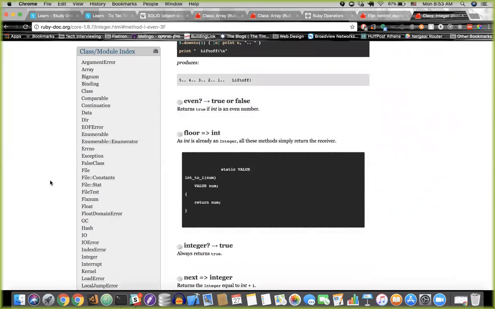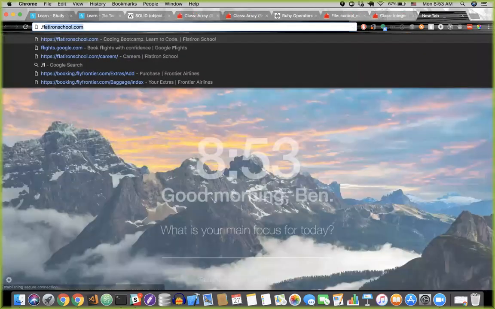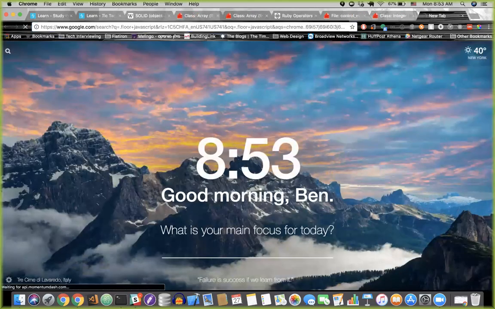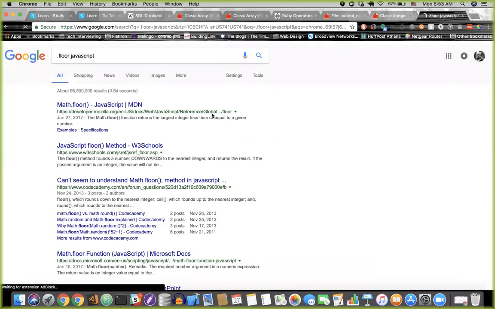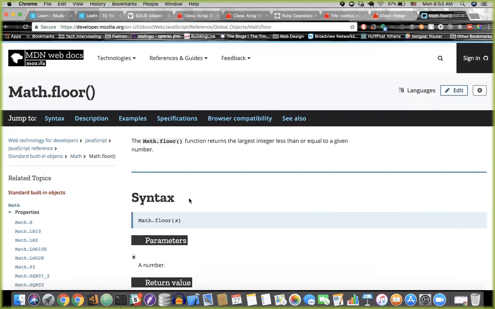I mean, floor does come up with JavaScript. So I won't worry about it till I get there. I don't really love JavaScript right now. You will love it, or you will love to hate it. One of the two. I think once I get through Ruby, I'll be a lot better at